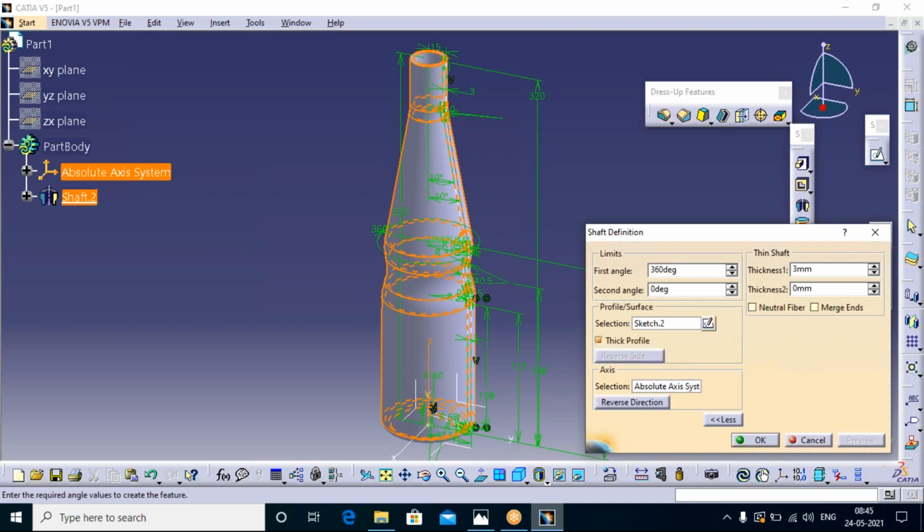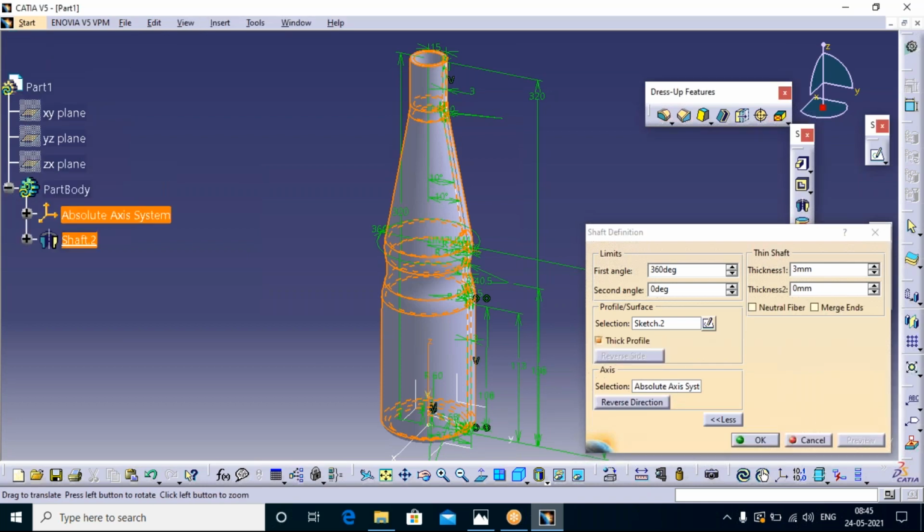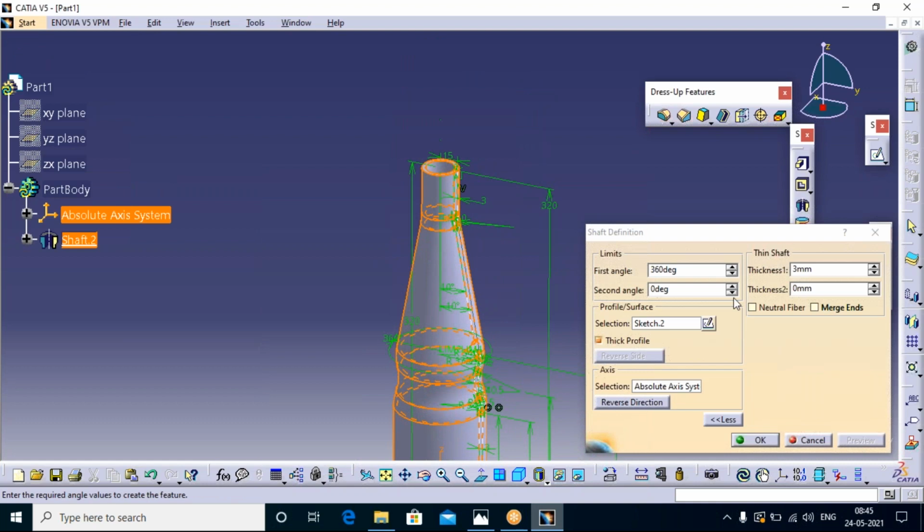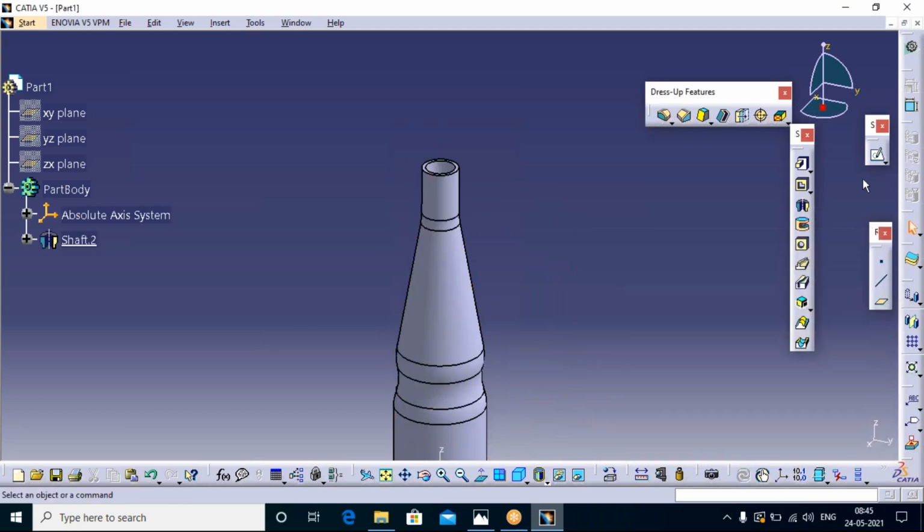Click on preview. See, I'm going to select the natural profile. So both sides will be enlarged in thickness by 3 mm. So we will add 6 mm. If you haven't added any thickness in the offset, like